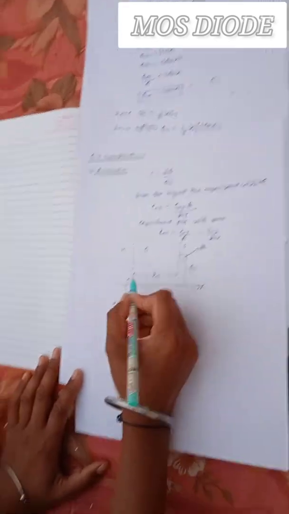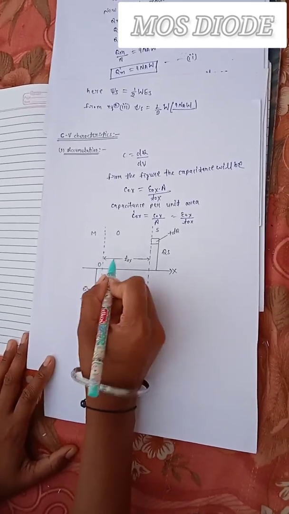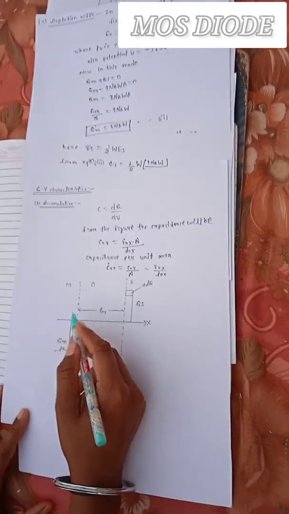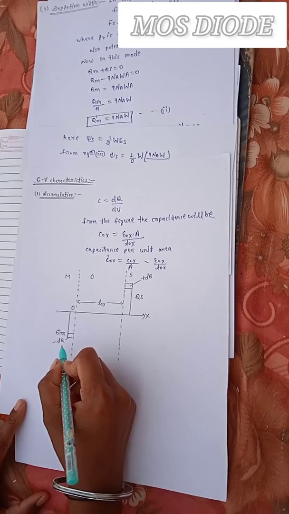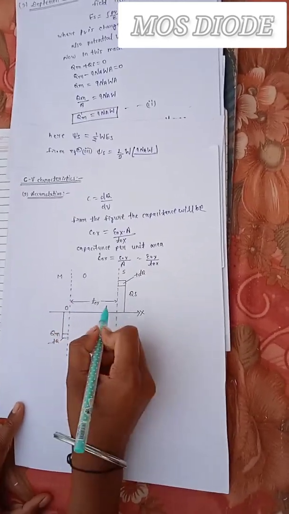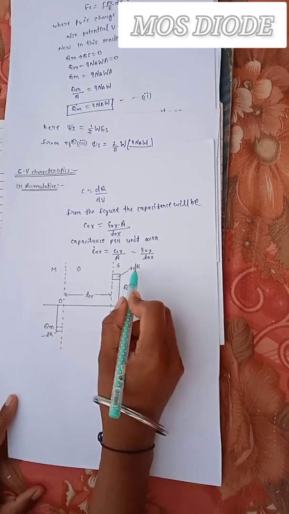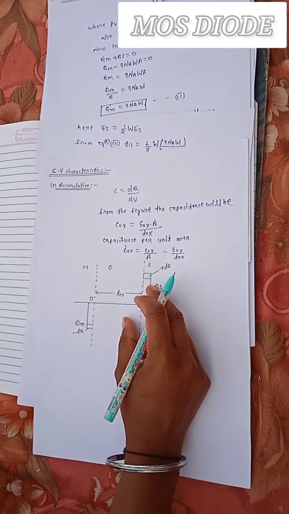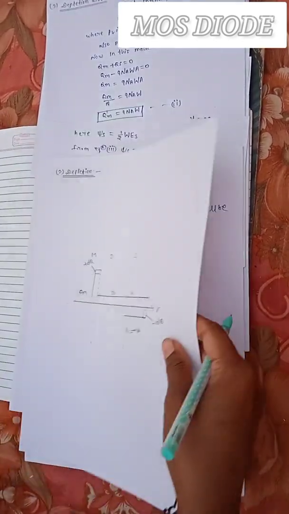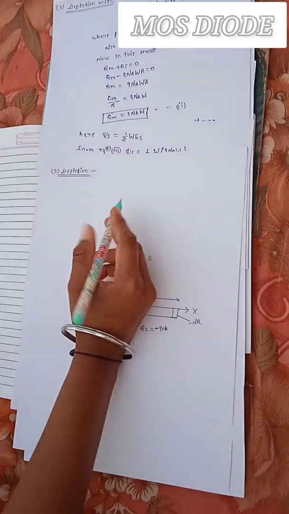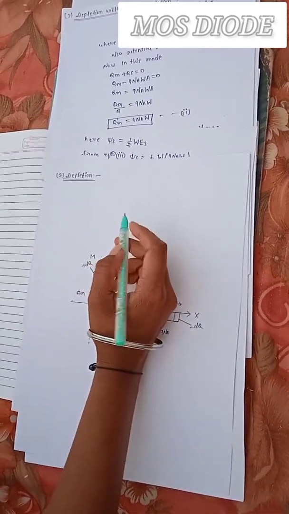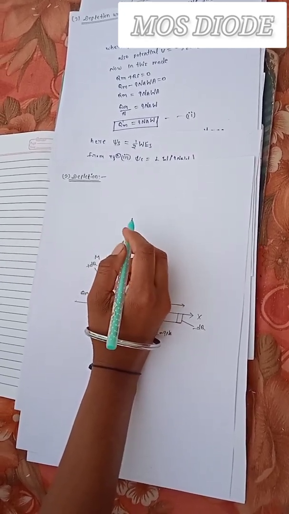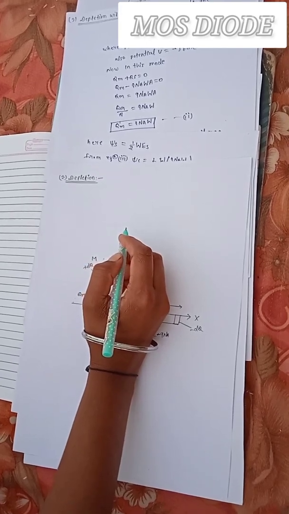Then CV characteristics for MOS capacitor in this figure, accumulation. This part is metal, this part is oxide, and this part is semiconductor. Qm for metal and minus dq is the incremental value of charge for metal, and T ox is the thickness of oxide, and plus dq is the incremental value of charge for semiconductor, Qs for semiconductor. And second, depletion. Now the depletion case in MOS capacitor. The depletion region consists of ions acting as a dielectric medium which restrict the flow of current.